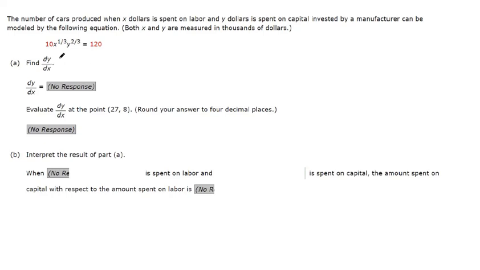So if we're to find dy dx, then we need to take a derivative of this term with respect to x, and that does need implicit differentiation if we're going this direct route. This is a term in terms of x, and then y could be written as some function of x. So there are two distinct functions of x. That means we need the product rule. So the derivative of this first term with respect to x, sorry, I gotta type it out, is going to be